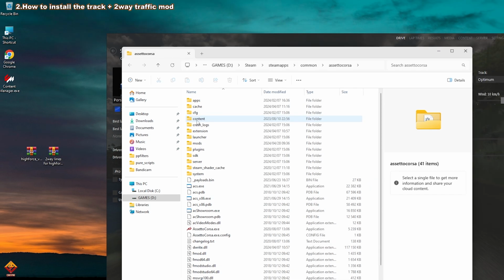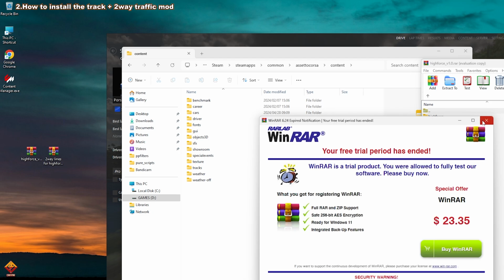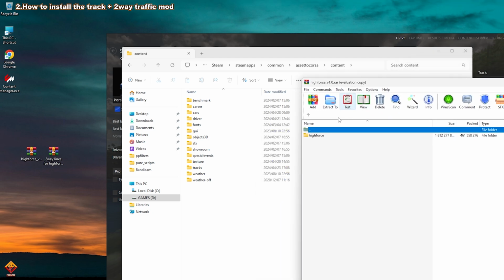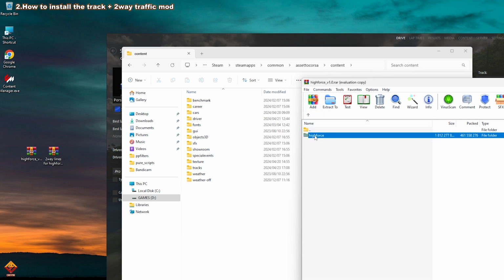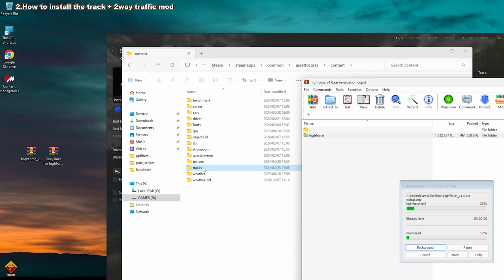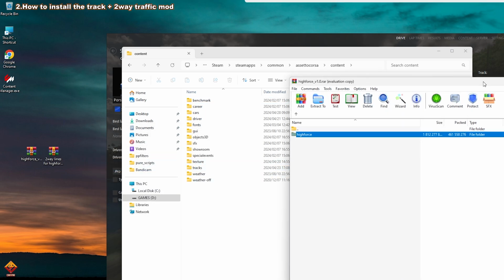Then you go to content. I'll open the track. There's a file. This is usually how I install all my tracks, just to make sure there's no other folder there. Then I'll left mouse click and hold and drag it to the tracks folder and wait for it to extract. I already have it, so I don't need to replace it. And then,